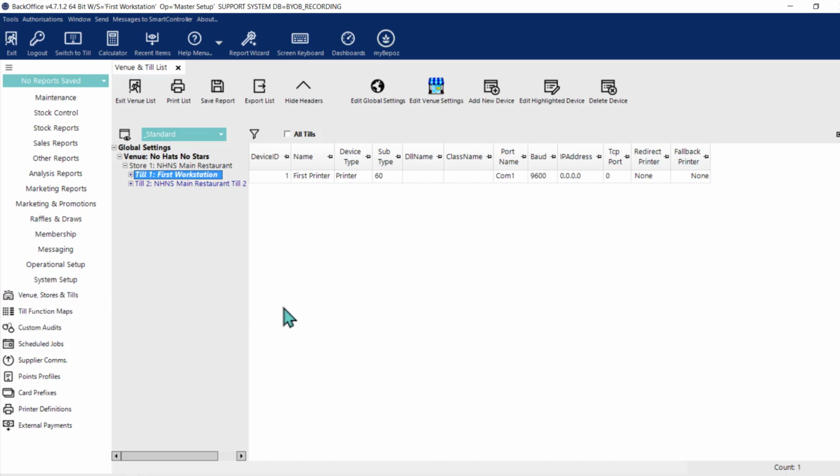So aside from what we've seen, so being able to admin and configure the global, venue, store, and till settings as we've just seen, we can also do things like plan out till function maps, manage custom audits, maintain what are called scheduled jobs, and supplier communications, configure our overall points profiles for the system, and we can define things like card prefixes, printer definitions,